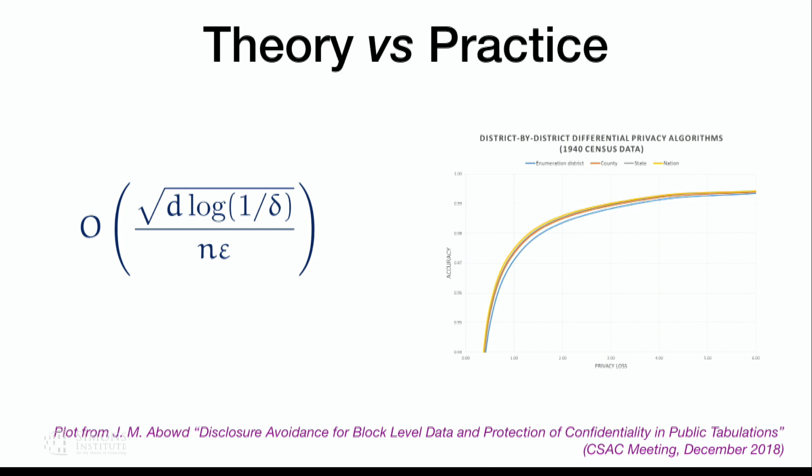So in practice, what you want is information closer to this kind of plots that John was showing yesterday, and then I shamelessly borrowed from his presentation at the CSAC meeting in December, where things are way more concrete, right? So here we have privacy laws with actual numbers, we have accuracy with actual numbers, and this is the kind of information that we need in order to make these decisions and decide in which point we're gonna operate